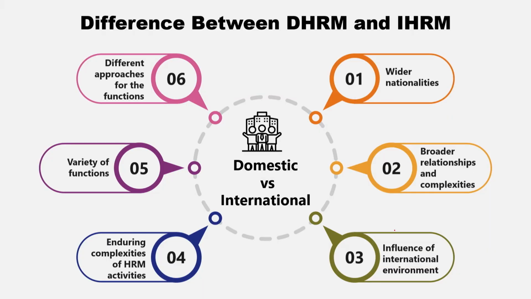Let's understand this with respect to the major nationalities of employees involved. Wider nationalities, as I mentioned: IHRM deals with people of different nationalities, which is entirely different from DHRM. In DHRM, we do not have this particular case where employees are primarily from one race. So various cultures, values, racial and linguistic interpretations, or even sometimes religious beliefs come with different nationalities. So it's not the same with people of the same race.